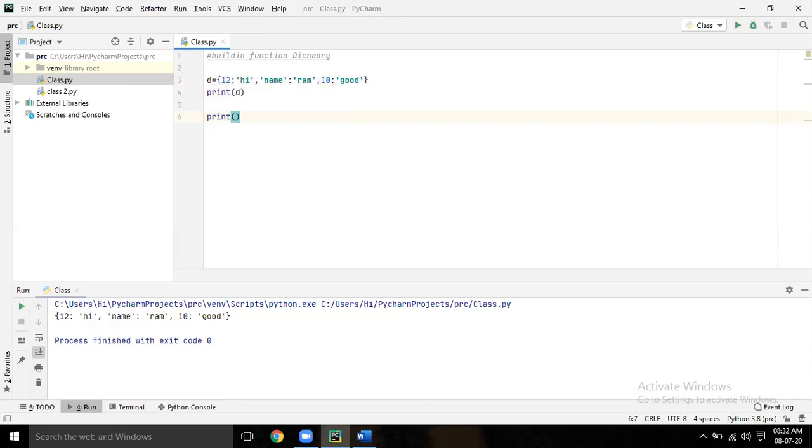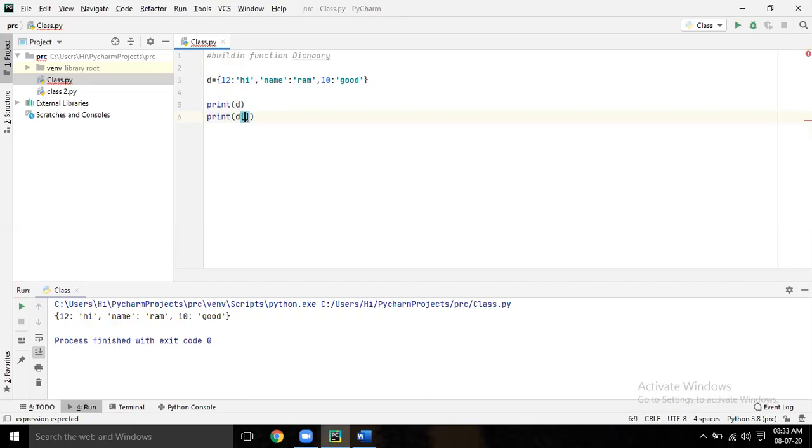How to print name? D of. Just give one space after this declaration of the dictionary. Between two prints, no space. Yeah, so D of name.